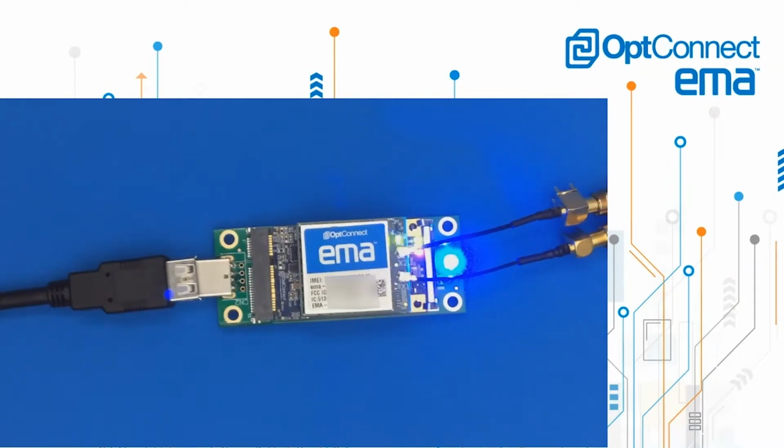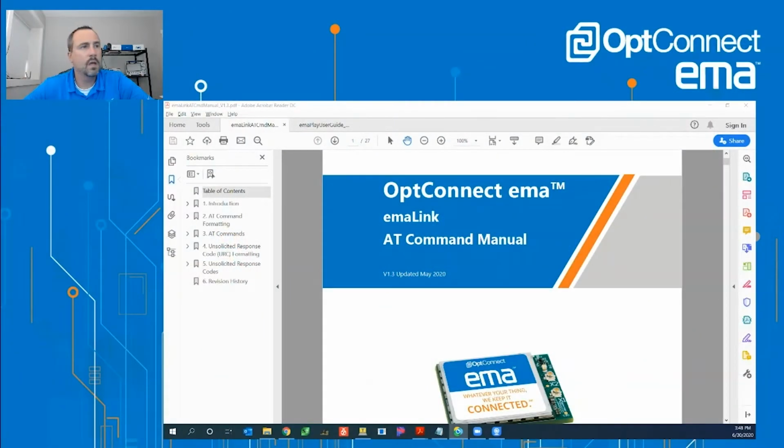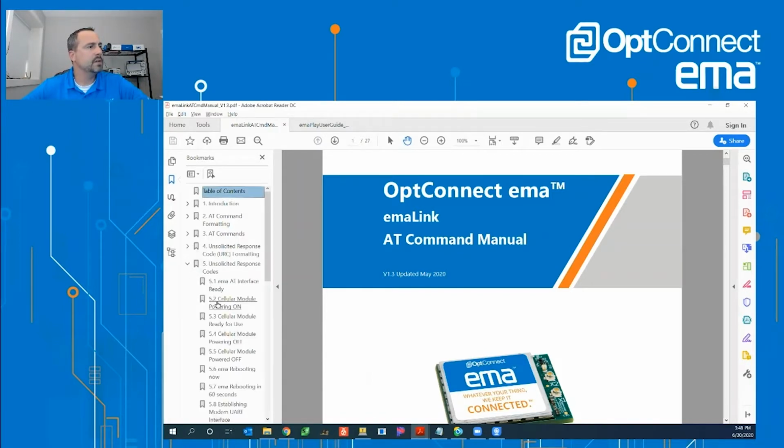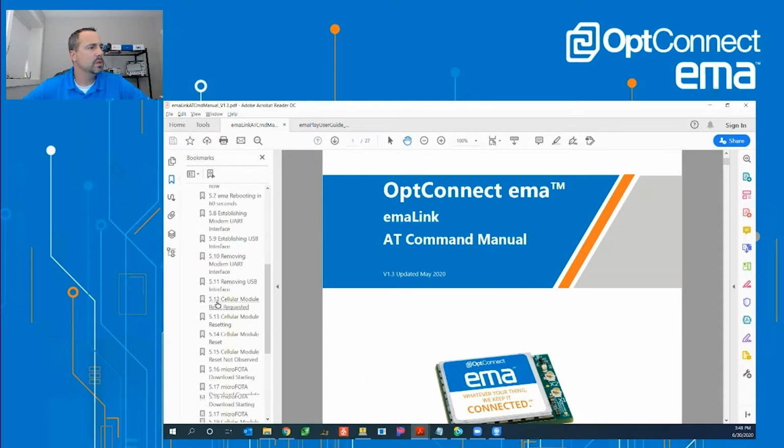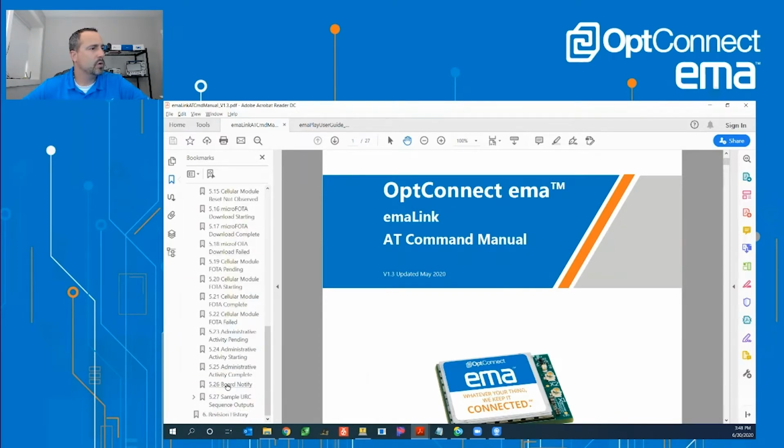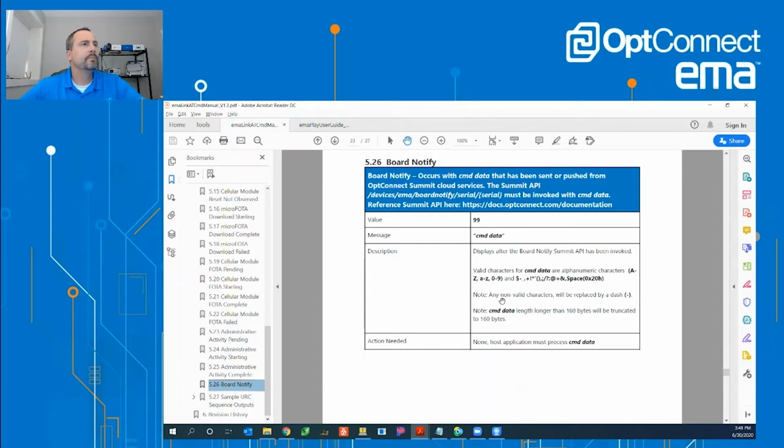So we'll go to the emaLink AT command manual. Let me pull that up one second. And if we go to section 5, unsolicited response codes, we can open this up, expand it, and then scroll down to Board Notify. And so Board Notify, basically what this is, it's a notification that comes down from Summit,